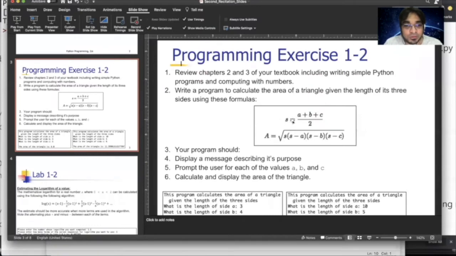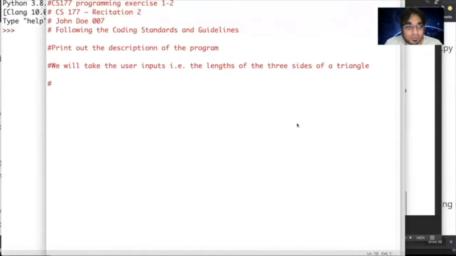Third, we need to calculate S. So we'll do calculate S. And almost there, we will calculate the area. And finally, we will output or print the result, which is our output. Okay. So